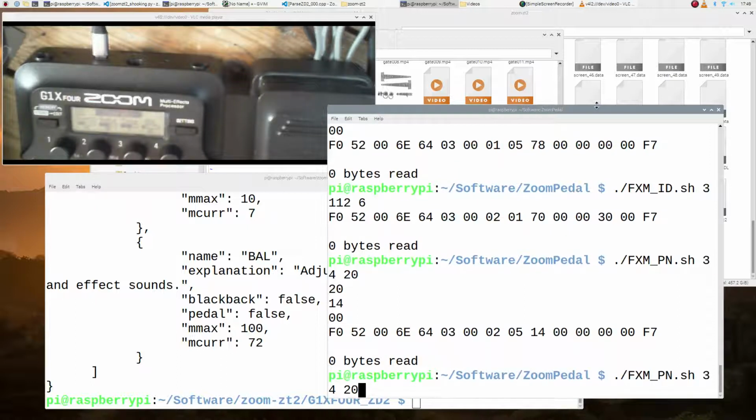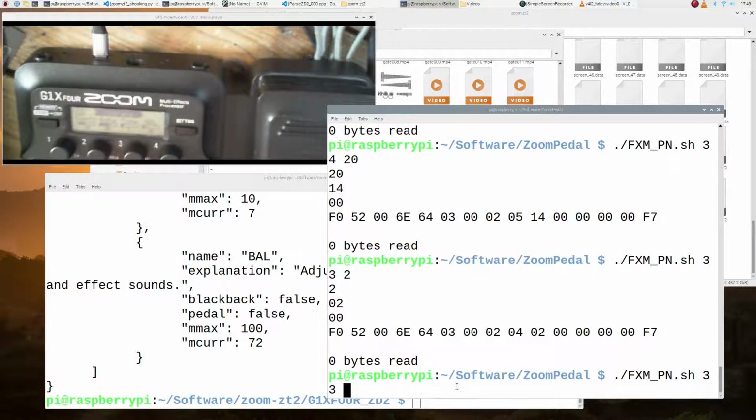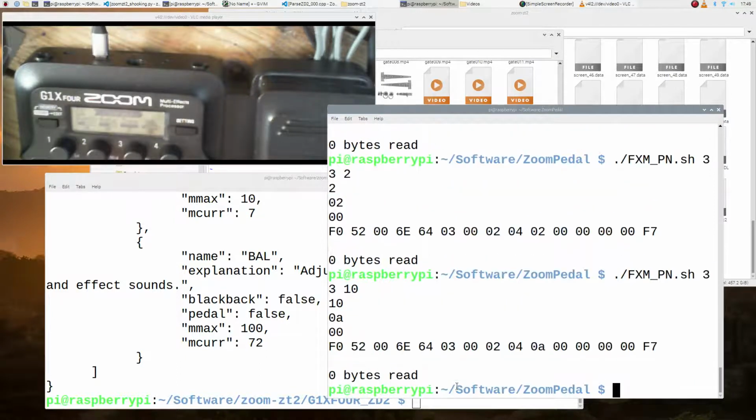But now I can say to it, hey, number 3, we've got the maximum of 10. So let's give it a value of 2. And something changes. Let's give it a value of 10. It should be at the max. And it is, yeah. So this now means that pretty much we're able to interrogate a G1X, G1XFour, B1X, B1XFour,